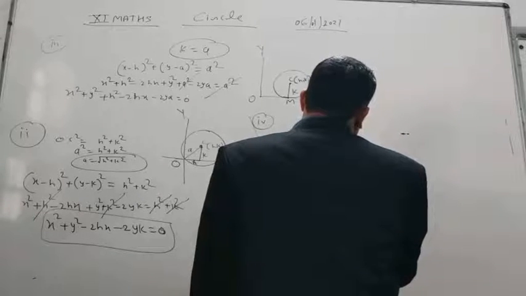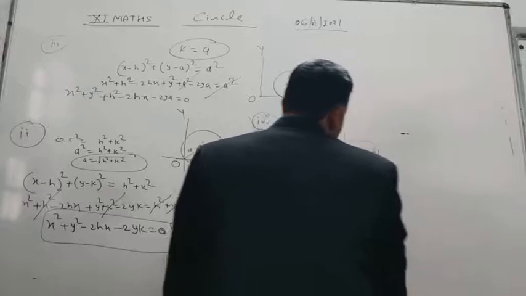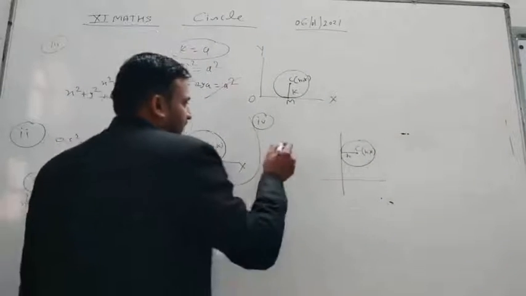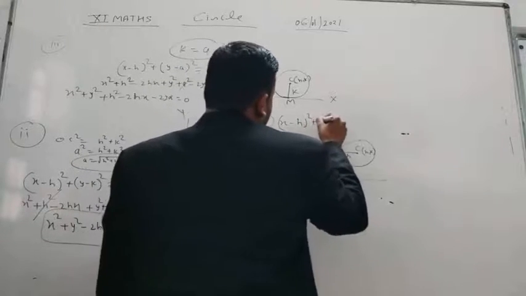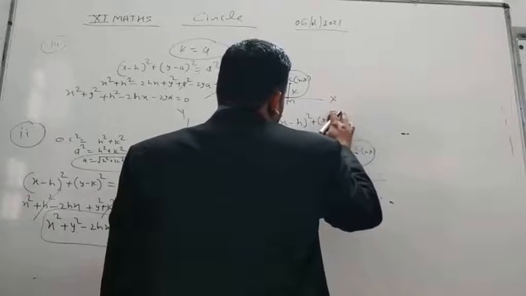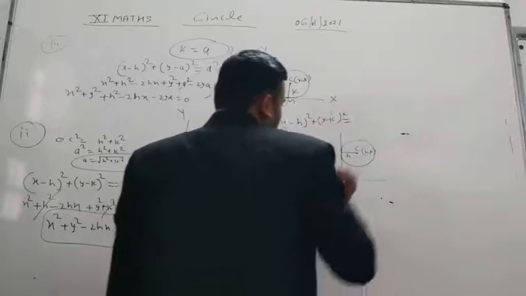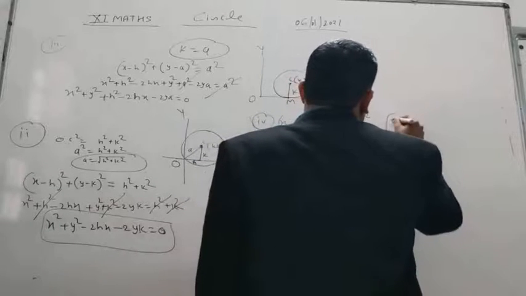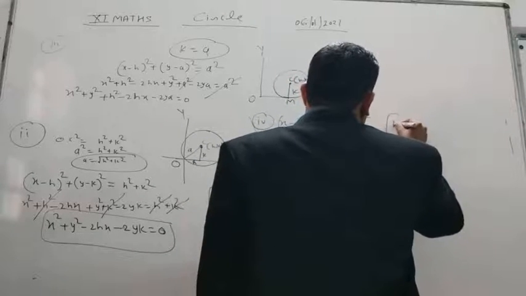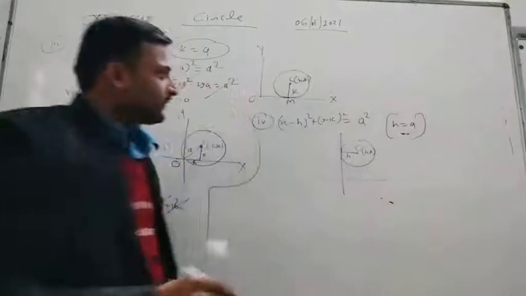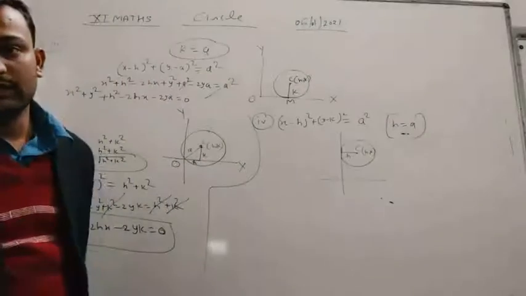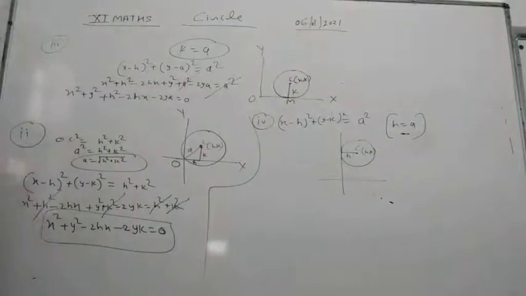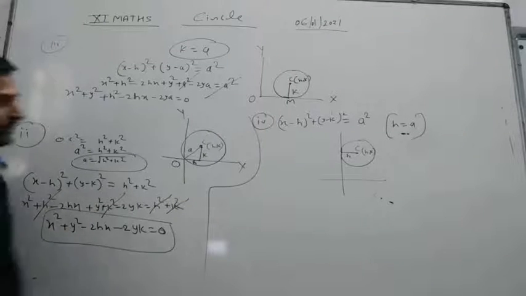So here this is our h. Okay students, so the equation of circle will be (x minus h) square plus (y minus k) square is equal to a square, and student, in this case our h is equal to a. Okay, because the radius of the circle is equal to h, which is equal to a also. So we can write (x minus a) square